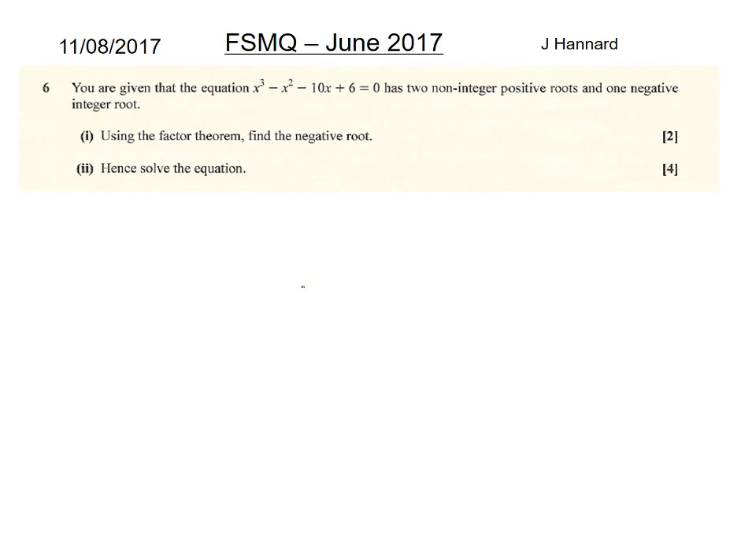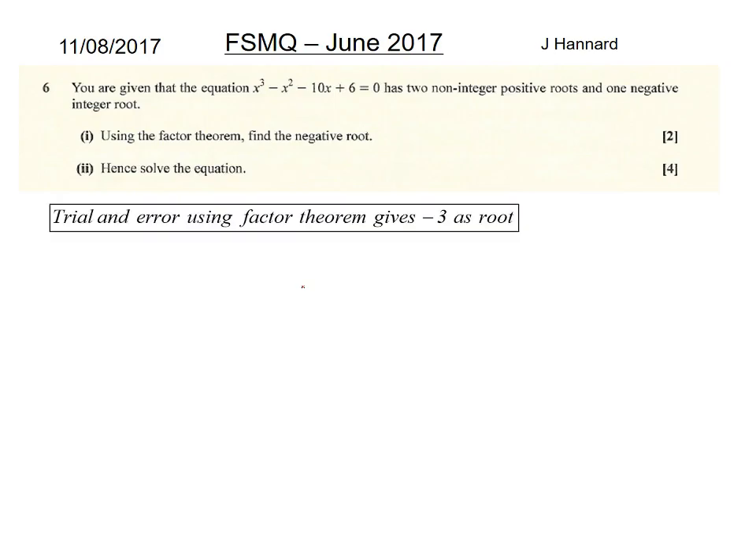Don't waste your time using 1, 2, 3, 4, 5. It's told you it's a negative integer. Trial and error: -1, -2, -3, all the way up to whatever till you find a root. And for me, I got -3 as the root using the factor theorem. So if -3 is a root, then x plus 3